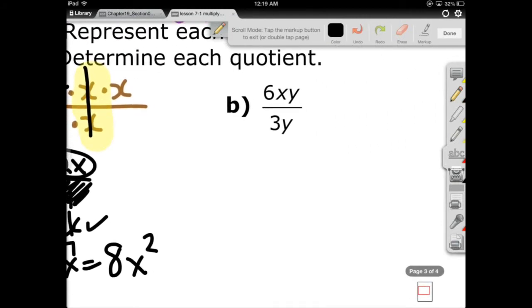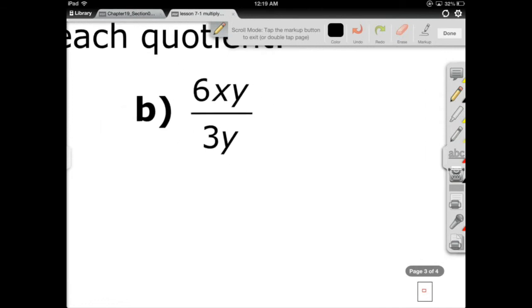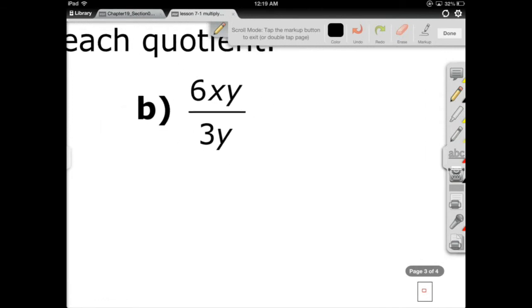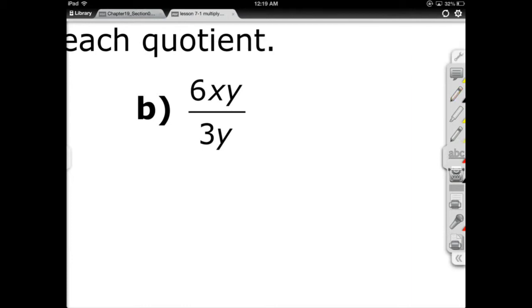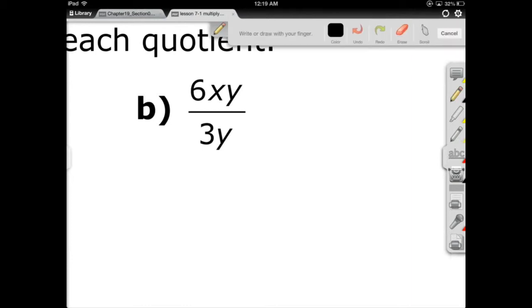Okay, Mr. Bleecker, is there a faster way to do this? Okay, I'm not going to take that long to do it. Absolutely, I wouldn't expect you to take very long to do it either. Let's grab a new color. I'm thinking going back to good old purple. Now, you can only do this when the values are all being kind of multiplied by each other, right? It's 6 times x times y. Well, that 6 is right over a 3. And since this is all multiplication, on the top, 6 times x times y, and the bottom, 3 times y,